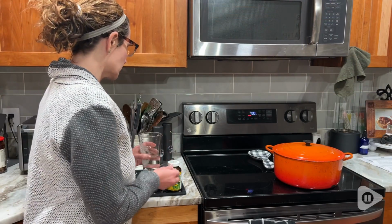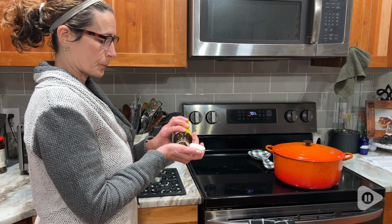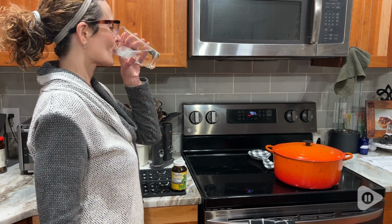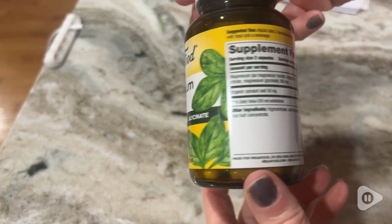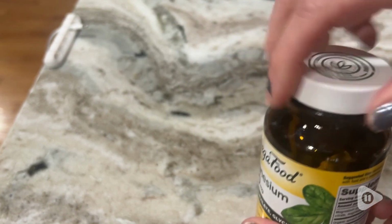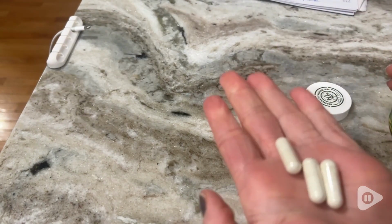I have been researching a lot about the benefits of magnesium, and one thing that I found is that there are different types. How about getting them all in one capsule with these awesome pills from MegaFoods? This is a 300 milligram pill, and it has the citrate, the malate, and the glycinate all in one bottle. So how easy is that to be able to take all of what you need as far as magnesium in